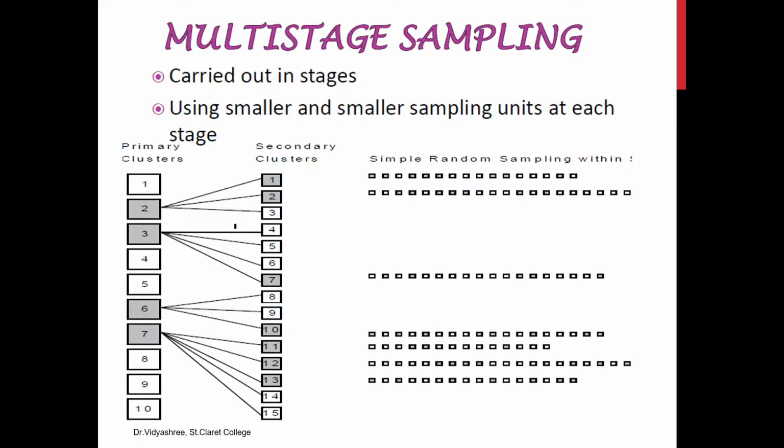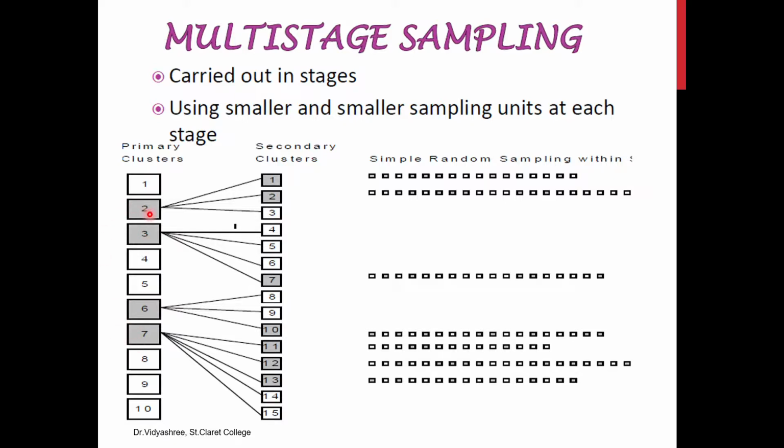Let us take an example over here of the present situation. Let us take that all the 10 people who are there on the left, all the 10 people who are there are called primary clusters. Let us take them as the COVID-19 patients. So 10 people are there. Among these 10 people, the researcher has randomly picked 4 clusters, that is 2, 3, 6 and 7. Let us assume that it is area-wise. So 10 areas are there, and the researcher has picked 2nd, 3rd, 6th and 7th randomly.